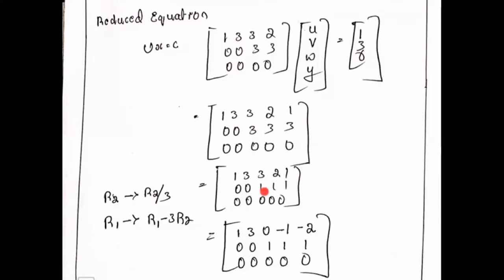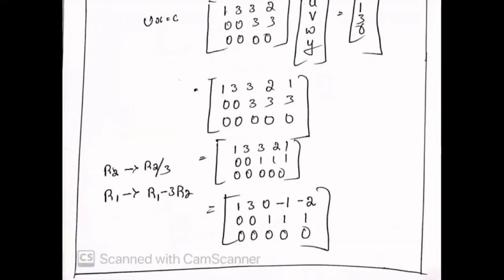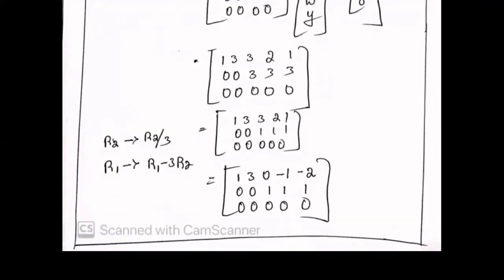Similarly, you substitute: R1 is 2 minus 3 times of R2, which is 1. So 2 minus 3 is minus 1, you'll get here. And again, here 1 is there. You substitute that, minus 3 times of R2, it's 1 is there. 1 minus 3 is nothing but minus 2. That is what you got here in this equation. Okay, so after applying this R2,